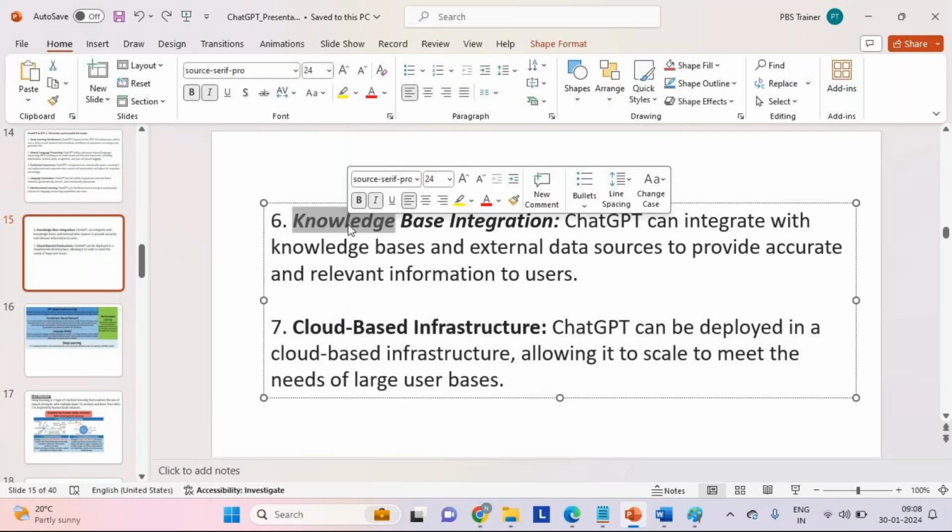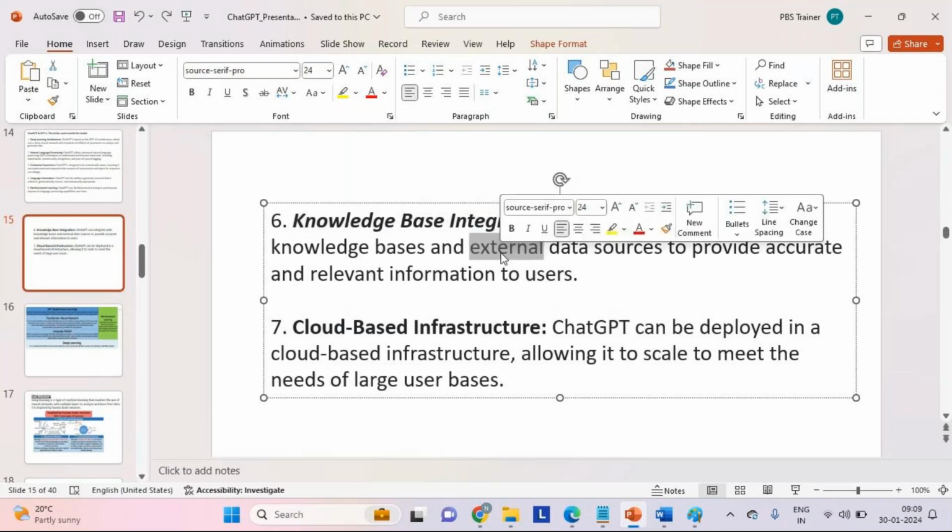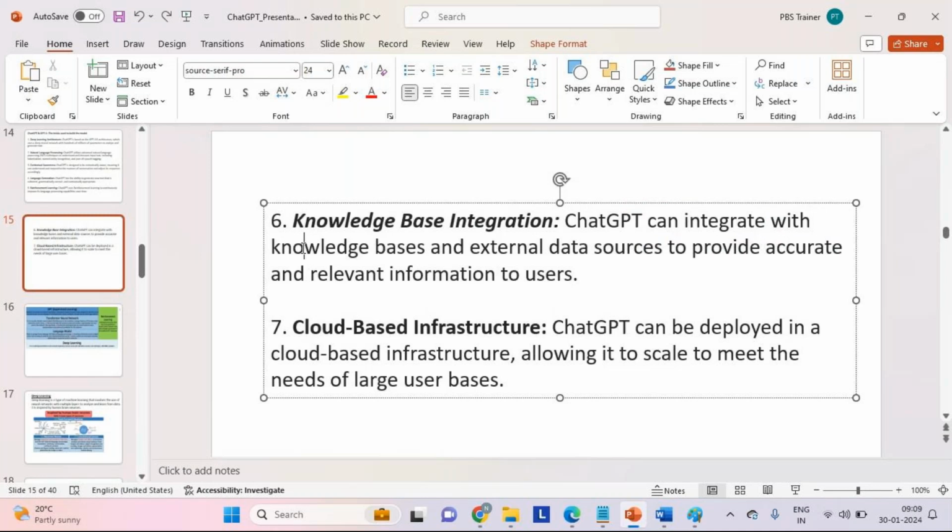Then, integration with third party knowledge base. Those knowledge base repositories could be within or outside. For example, let's say we are in IBM company where we need to confine to this particular IBM repository. That's an inbuilt, in-house repository. On top of that, if IBM has collaboration with Salesforce, then we can also integrate the IBM repository with the Salesforce repository. That way, we can go with the external knowledge base along with the inbuilt knowledge base, both.